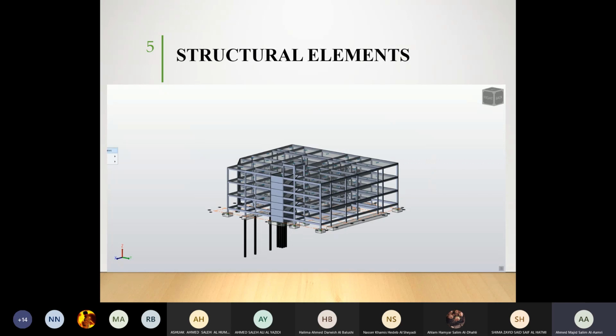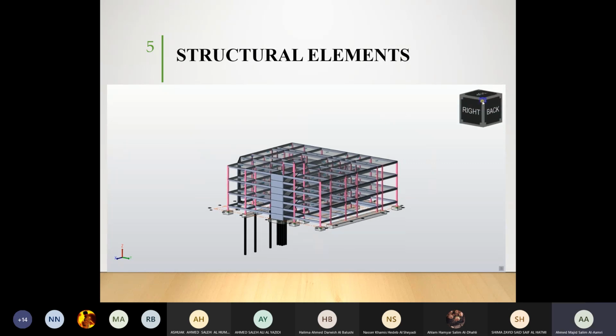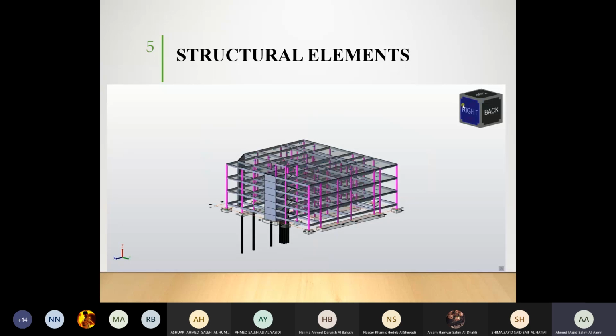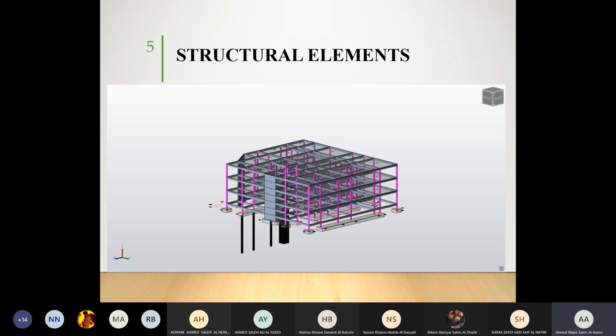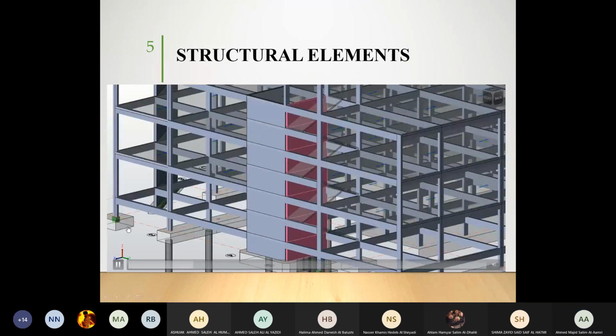And then we have columns. So these are the columns. We have different levels of columns. If you see here, we have columns going to, let's say, the third floor, and then there are columns which are going to the penthouse, wherever there is a stair room. And then this is what we call a shear wall. Whenever you have a concrete wall, we call it a shear wall. Columns are vertical elements, and then we have something called shear wall and core wall.